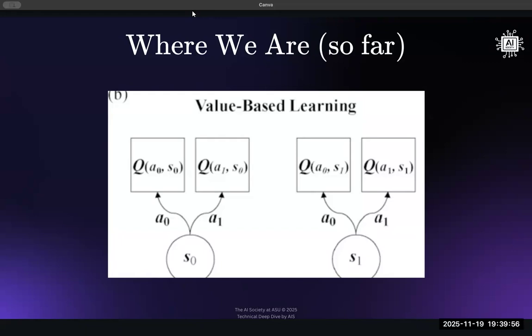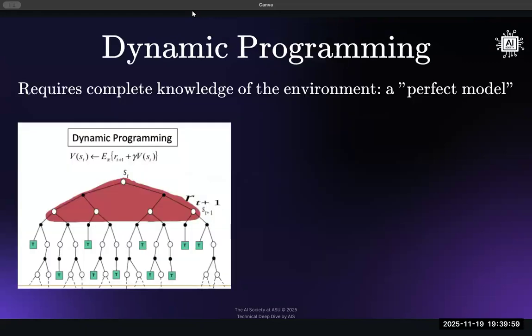But now we're going to go into the core of Markov decision processes, how we can solve them. The first approach is dynamic programming. And as I said earlier, the Bellman equation required full knowledge of the environment, and this requires full knowledge of the environment. So right here, dynamic programming is effectively, you need to have full knowledge of every single transition probability out there. So a perfect model.